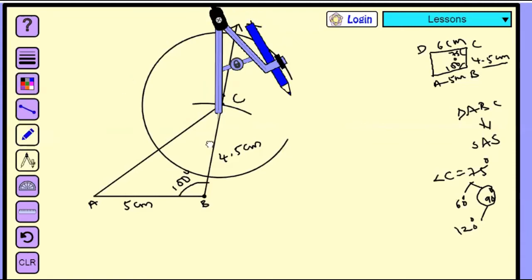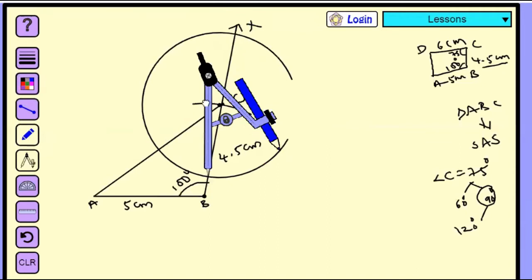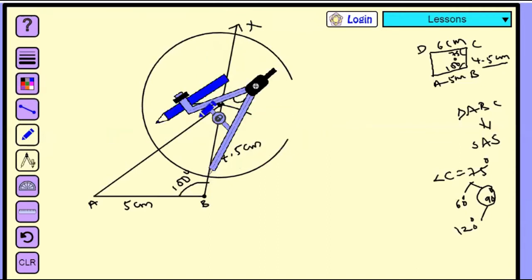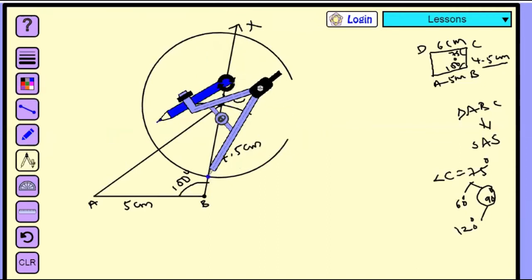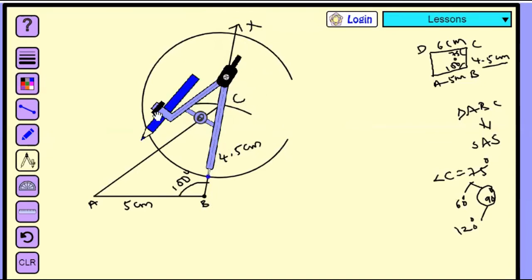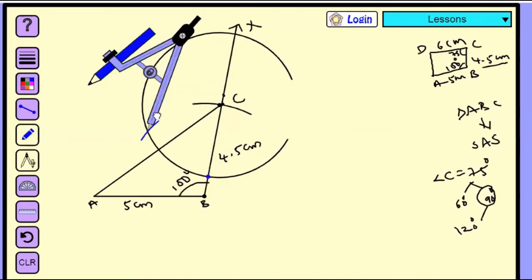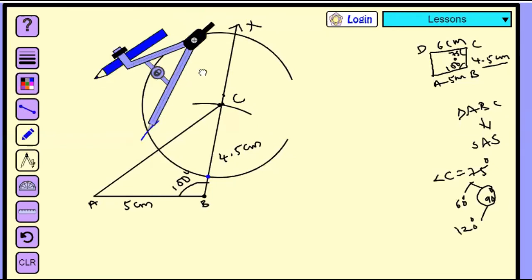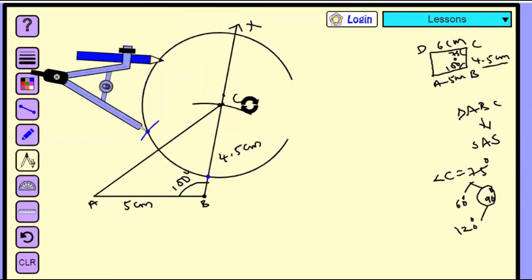Now with the same radius, with this point at the center, cut an arc which cuts the previous arc at the 60 degrees point. Now we already know this point indicating the 60. Again with the same radius, with the point of this 60 as center, draw another arc which cuts the previous arc at the 120 degrees point. Now here we are getting 120 degrees.